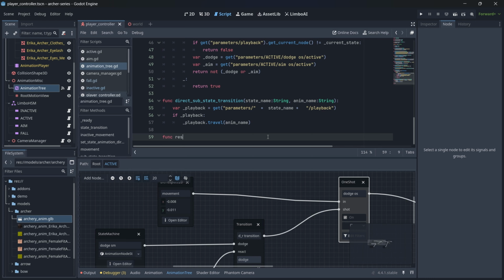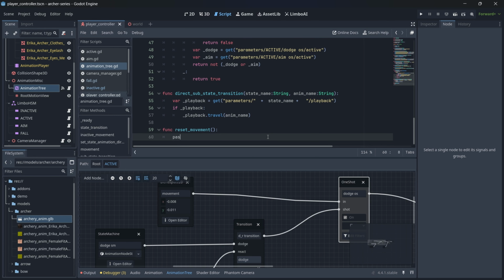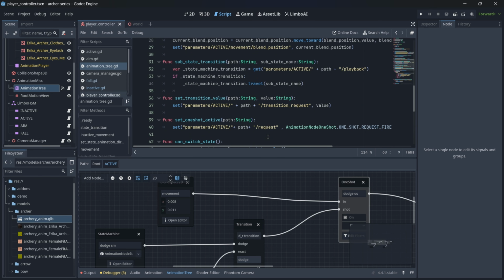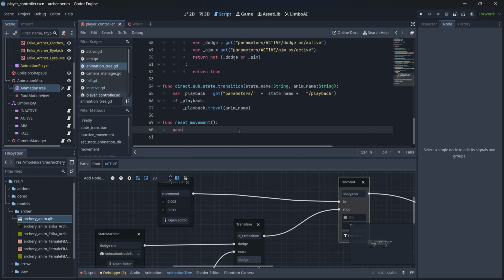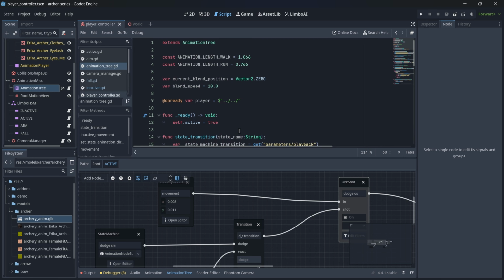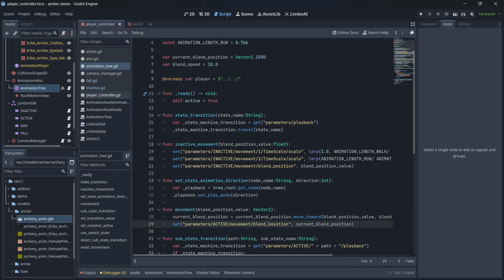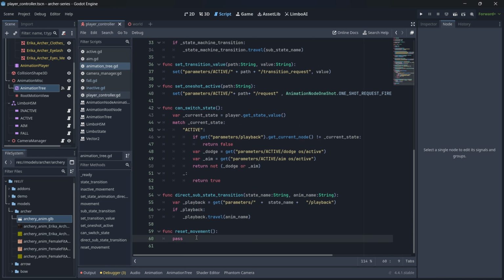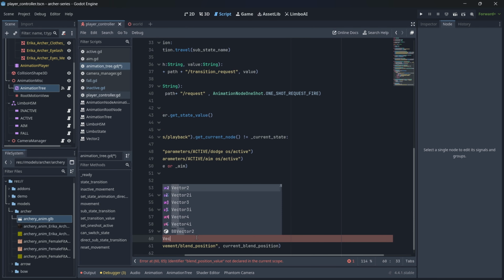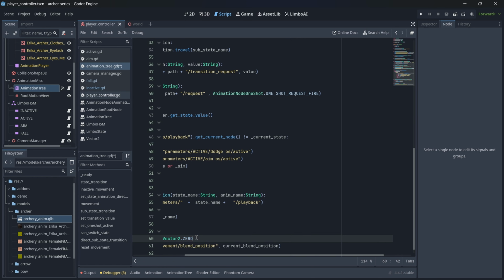let's create a function reset movement, and inside this function we need to set this current blend position, as well as this cursor blend position to 0. So I'll just copy this. I'll set our current blend position to vector 2.0,